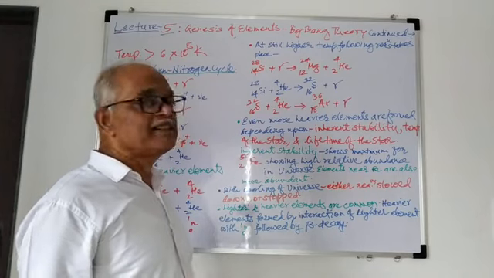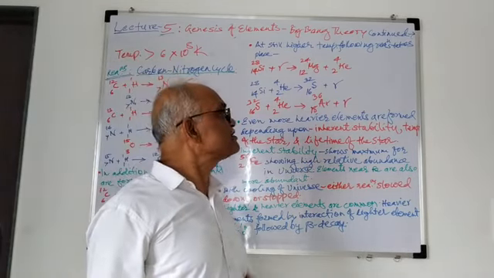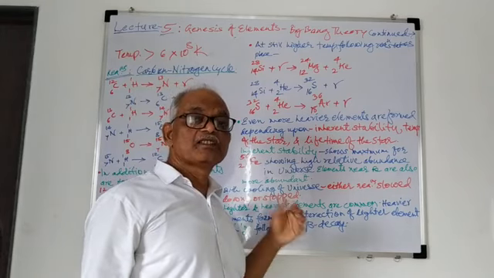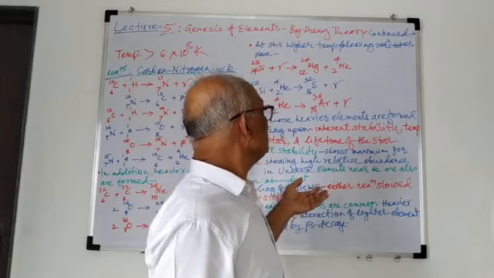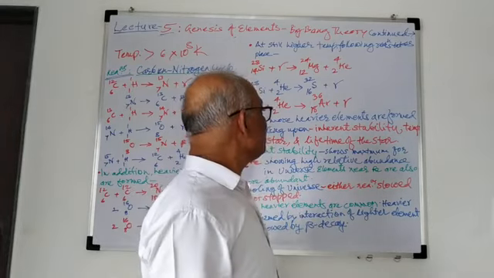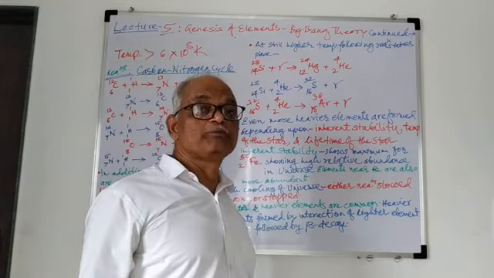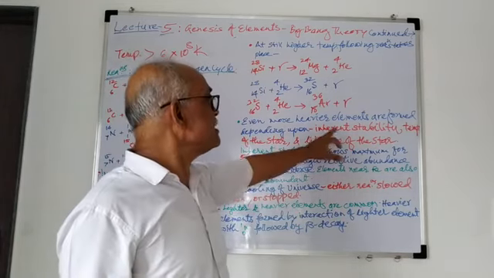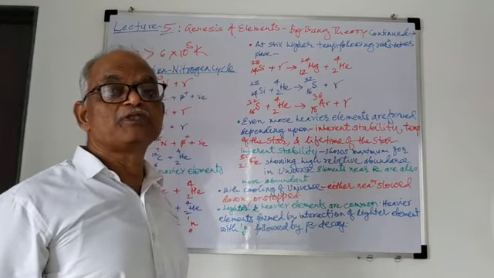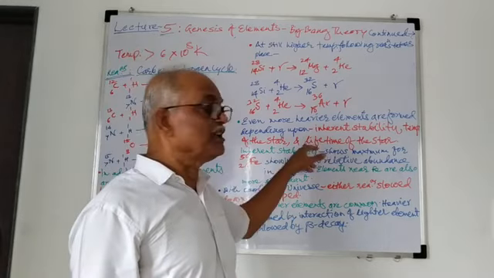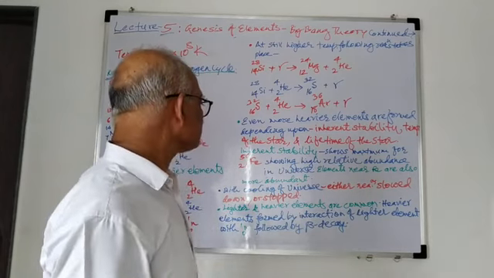Even heavier elements are also formed depending upon inherent stability, meaning how stable it is. So depending upon its stability, the type of element will be formed. Also the temperature of that star and the lifetime of the star. So these are the three factors responsible for the formation of heavier elements, and depending upon the available conditions of these, the heavier elements are of varying types.